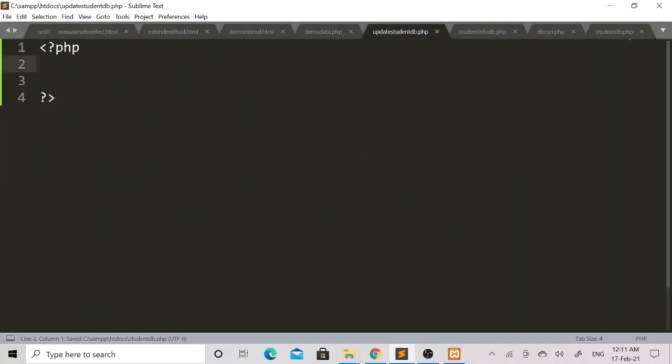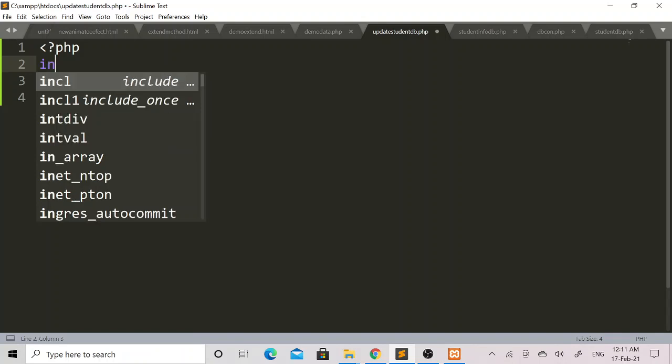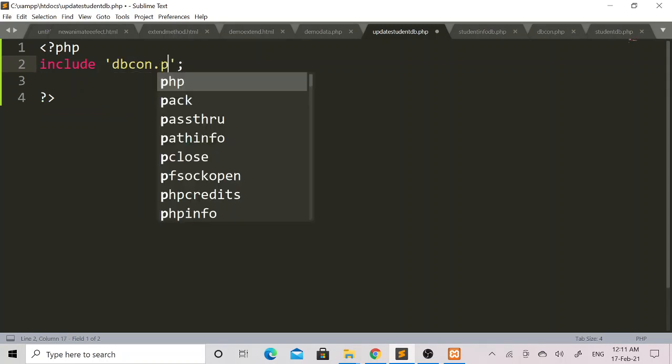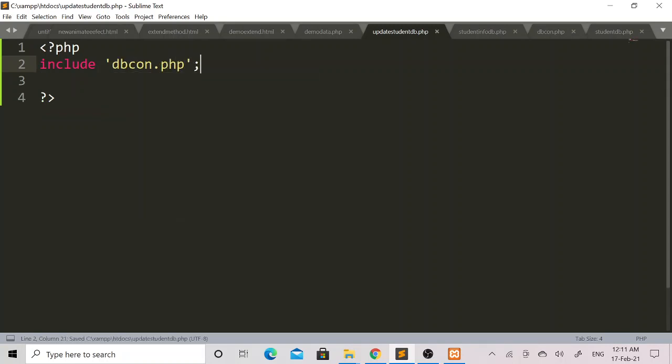Now here in update student db.php, again I will add the include keyword, and I will set the file name as dbcon.php. So my database connection code will get executed first.